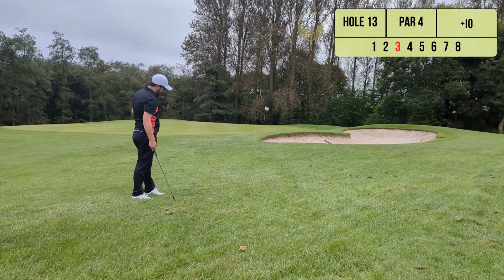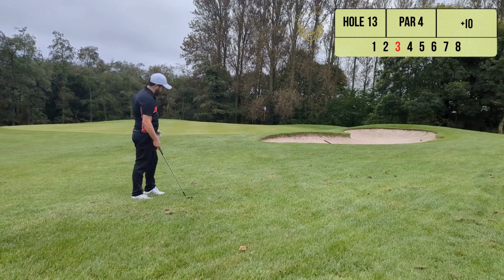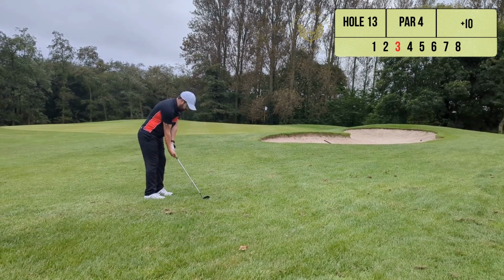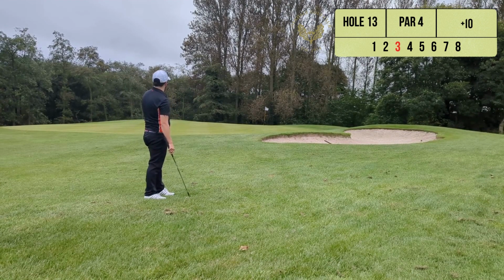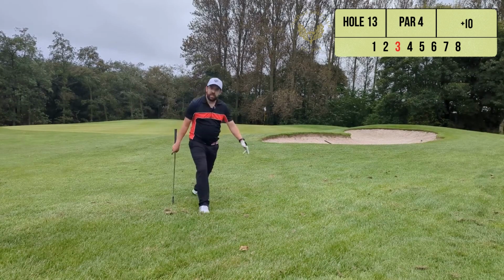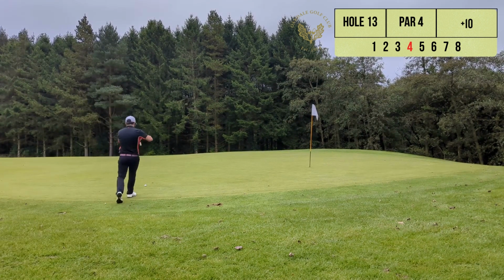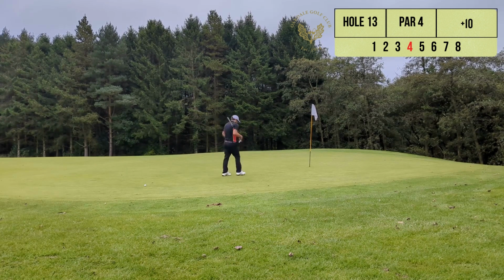Could save my par. This looks like it's going to jump. It's sat up. It's on a back tier and I've got the wind behind me, so nice and easy. Could be closer, but I'm certainly not complaining. So yeah, as I said, could be closer, but from where we started, in the arse end of awful drives,